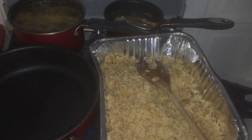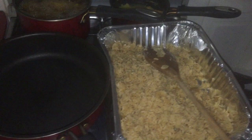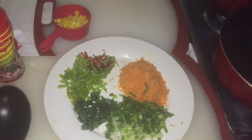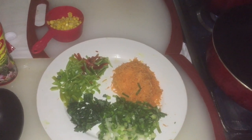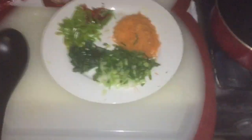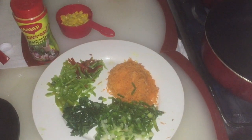Okay guys, so the rice finished cooling down here, so I'm gonna go and fry it up now into this pan. So here we have some shallots, celery, sweet pepper, carrots, corn, and we're going to use a little bit of all-purpose seasoning, right? And some butter. So the first thing you're going to do,